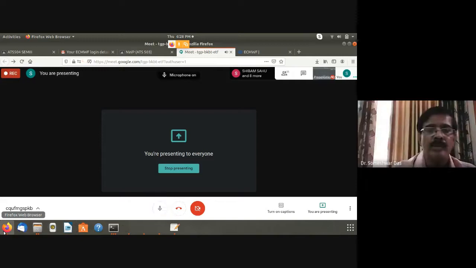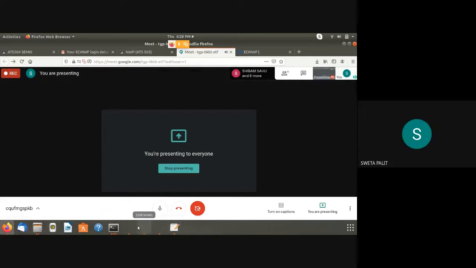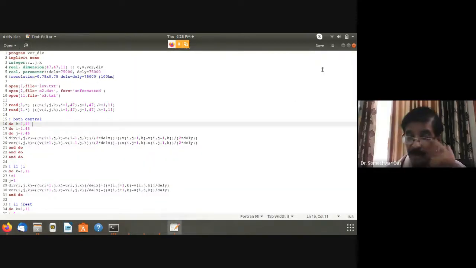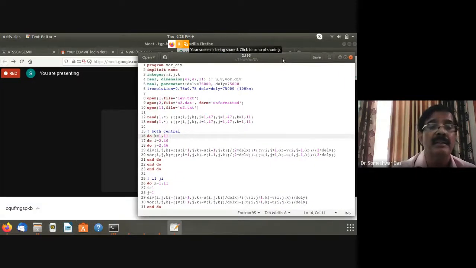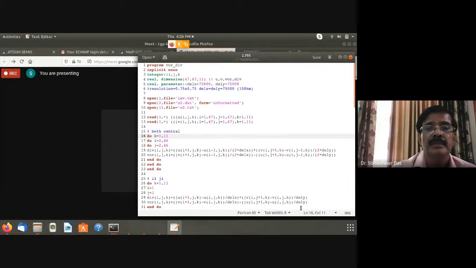Move it a little to the right side. Is it visible, sir? No, not yet. Yes, visible. Move it a little to the right side, because the left side is in my case. So this is the program for what, divergence?